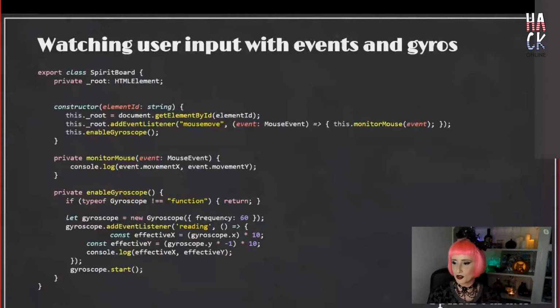You'll notice here also there's a magic number, so I'm timesing the gyroscope X and Y by 10. That's because gyroscopic movements are a lot smaller than mouse movements. So we're multiplying the value up to make the values raised from the gyroscope and from the mouse a little bit more similar. If you want to build this yourself, feel free to tweak those numbers as you wish.